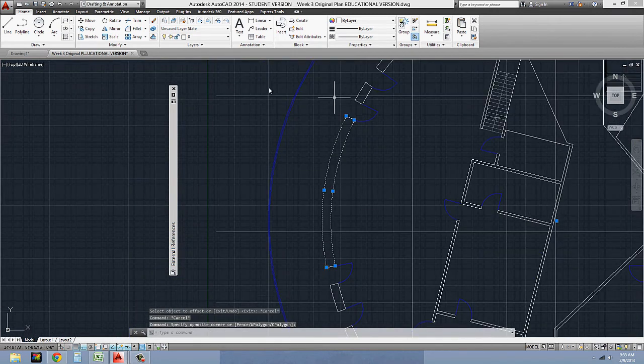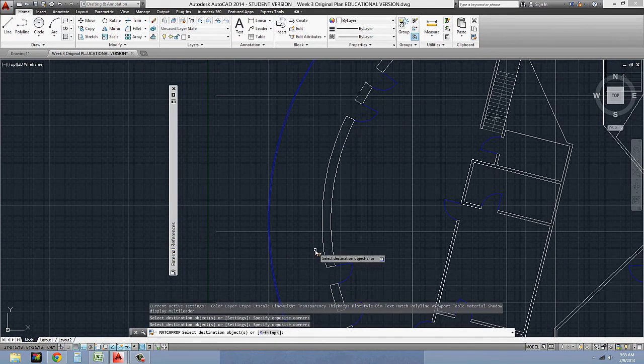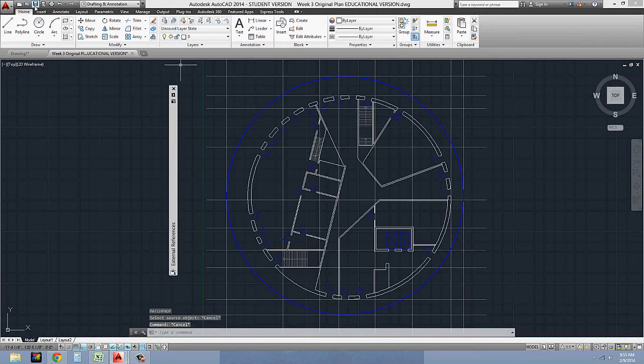Okay, make sure that these are on your wall layer. So I'm going to match properties, even though it's hard to see because they're both white. Okay, and I start to make changes like that. If I save this original